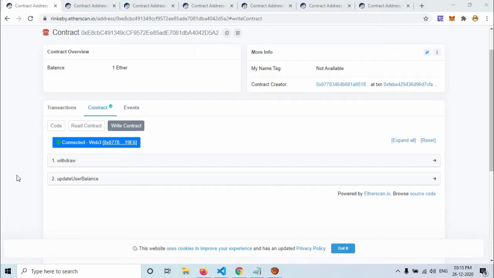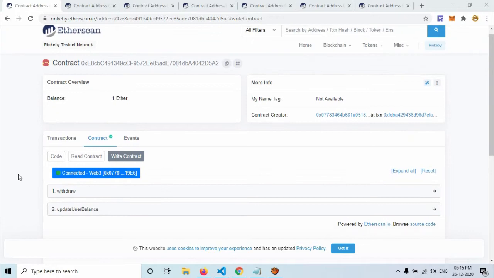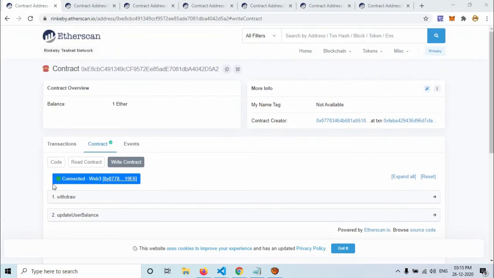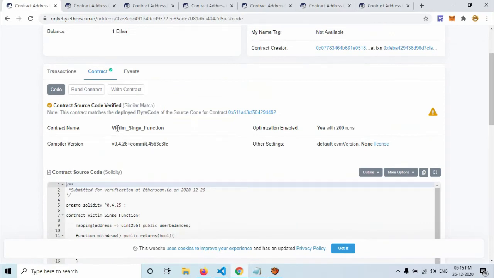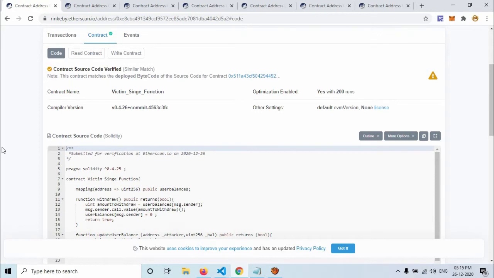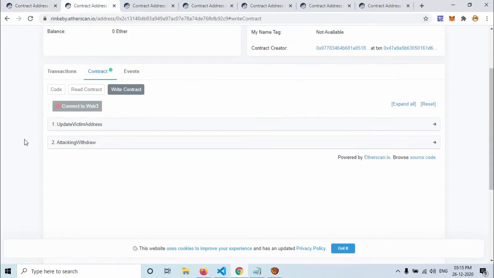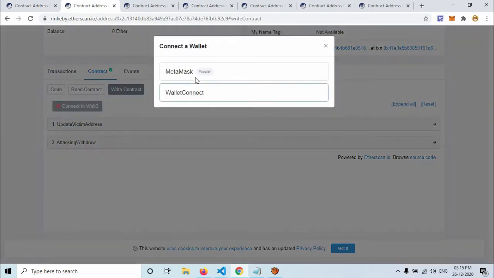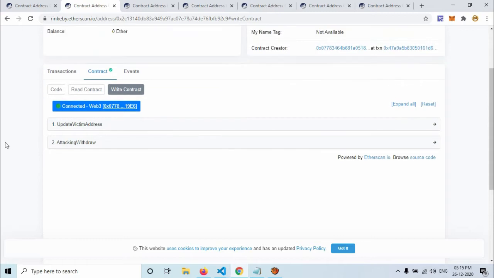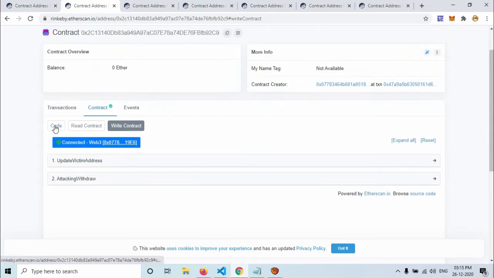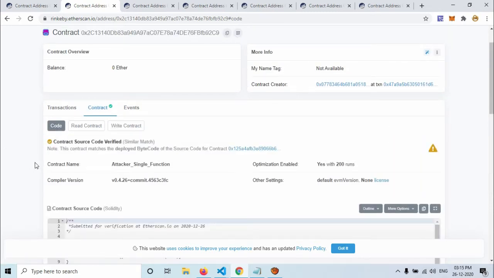Okay, now let us see the single function reentrancy demonstration. For this I have deployed this contract. This is the victim contract. And the contract which will attack this contract to withdraw more than the allowed balance is this one. This is the attacker contract for single function reentrancy.